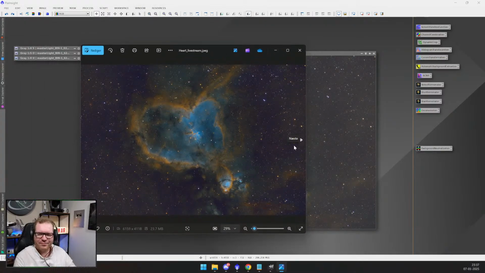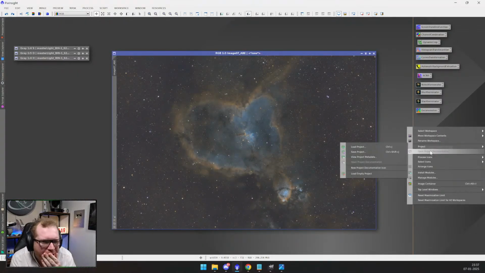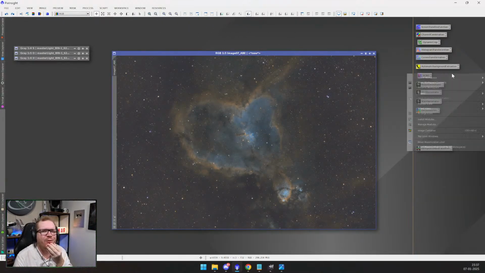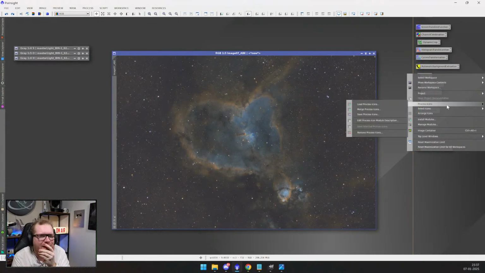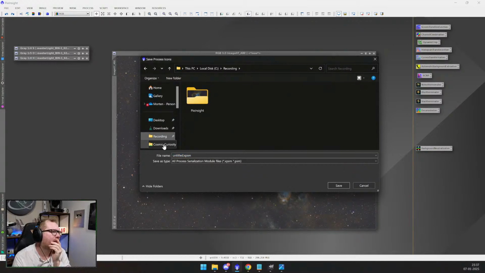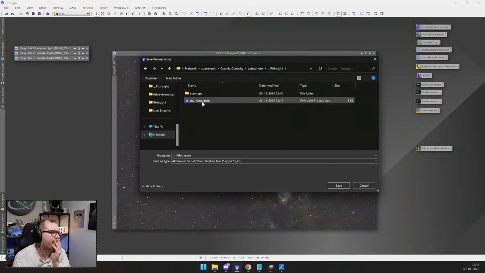Anyway, I need to go and find the icons. How do I do that? Icons. Should be able to save these in a file. Process icons. Save process icons. Yes. Cosmic Curiosity. I did this before once. Astro photo, PixInsight. Let's call these